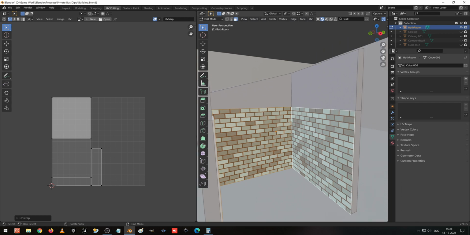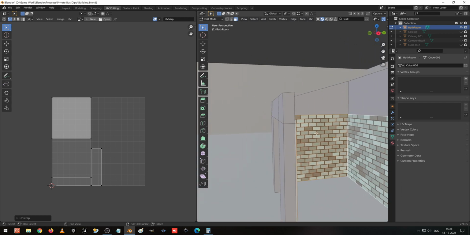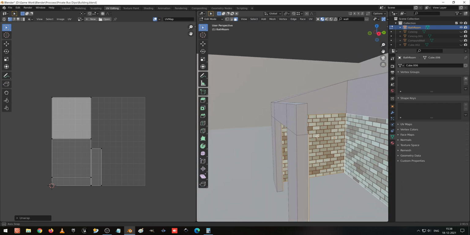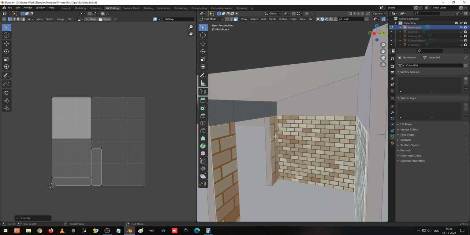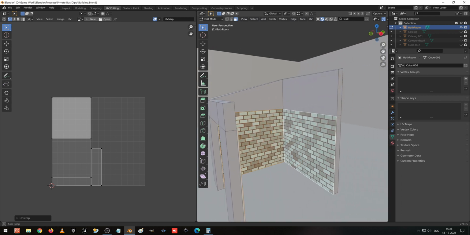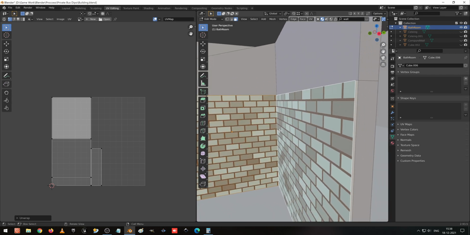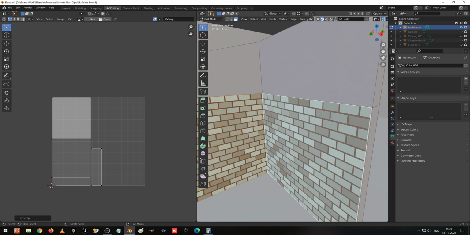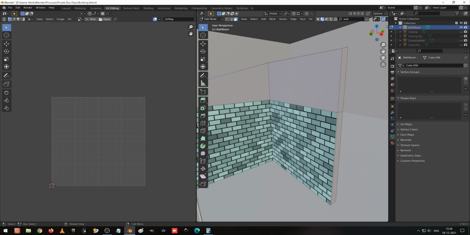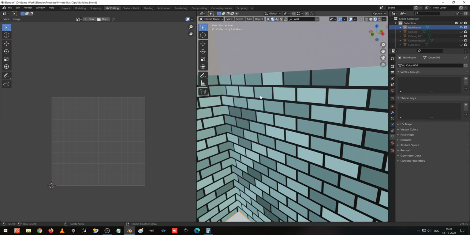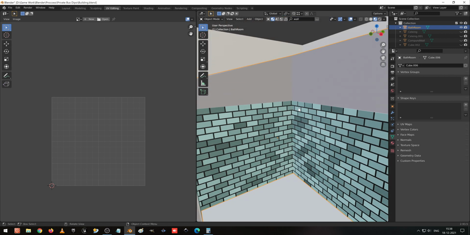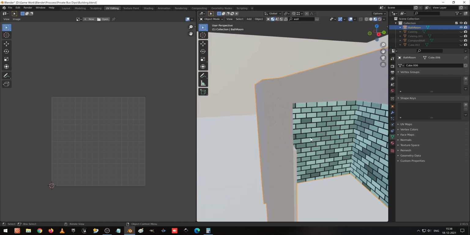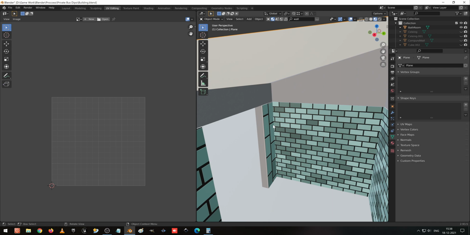So we have to unwrap it like this to solve the issues in this side textures. This side we have to rotate it again, so that after doing that we can do it. Okay, now using this unwrapping method you can align it perfectly. So I go to the object mode. Now you can see everything has been aligned perfectly. So the same way we are going to do it for these two.